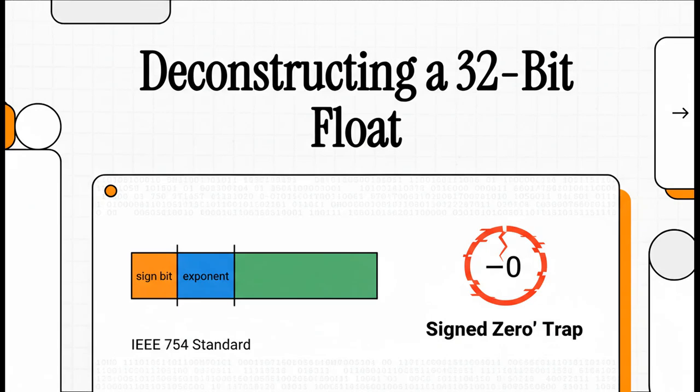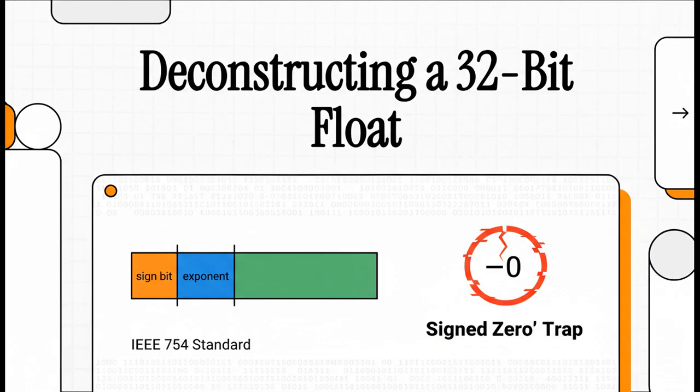You know, it's funny how we take something as basic as a number for granted in programming. But have you ever really stopped to think about what a floating point number is inside your computer? Well, today, we're going to tear a 32-bit float apart, piece by piece, using the IEEE 754 standard as our guide. And along the way, we're going to uncover a really bizarre and dangerous bug, a little something I call